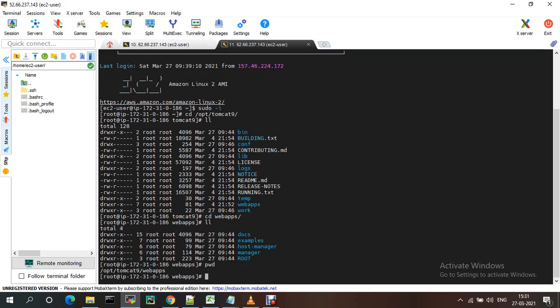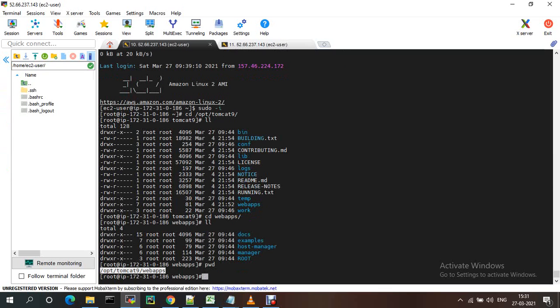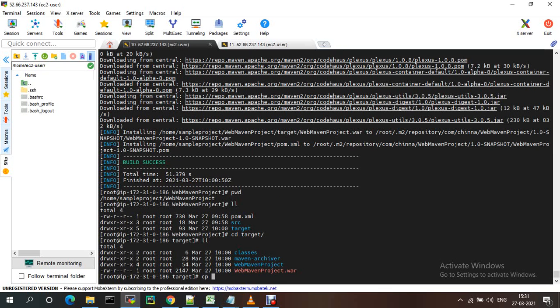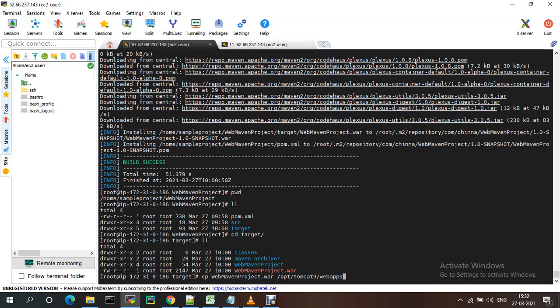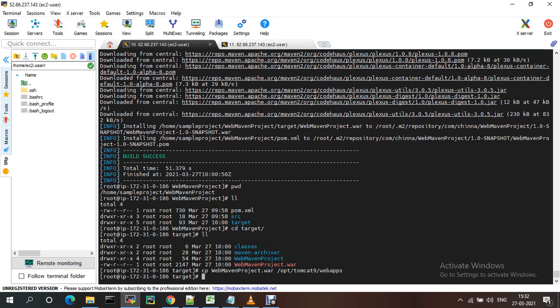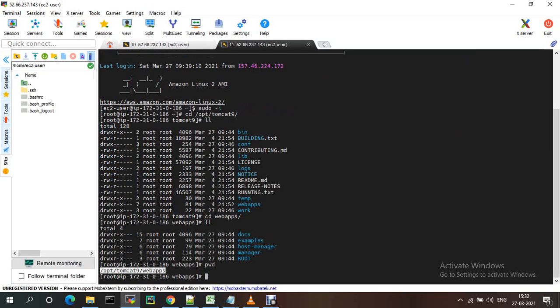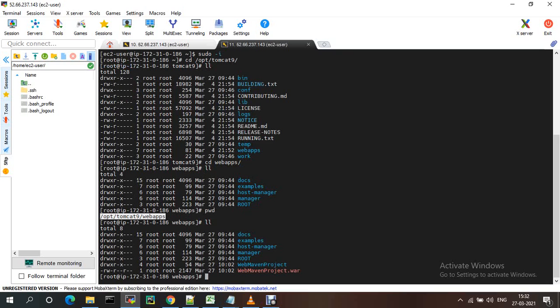We just need to copy that war file into this location, cp webapps project, and I'm giving the destination path. This is the source file. I just move it to the destination under webapps. See, if you check now, the target folder is there.